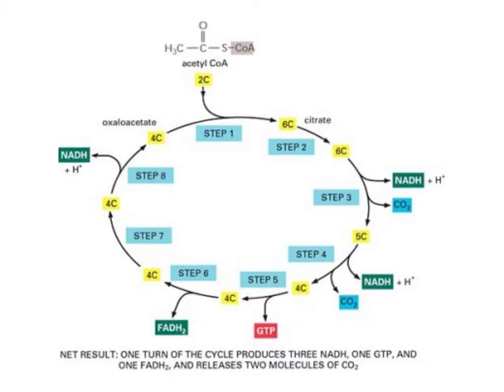released is carbon dioxide. Okay, so from the beginning, this begins with the transfer of 2 carbon acetyl groups from acetyl CoA to the 4 carbon acceptor compound oxaloacetate to form the 6 carbon compound citrate. The citrate then undergoes a series of chemical transformations, and that's where it loses the CO2. It loses 2 carboxyl groups as carbon dioxide, and the carbons lost as carbon dioxide derived from oxaloacetate, not directly from